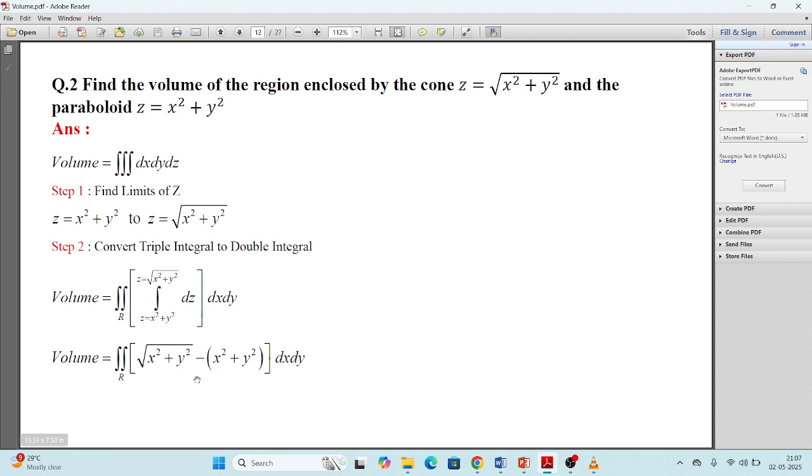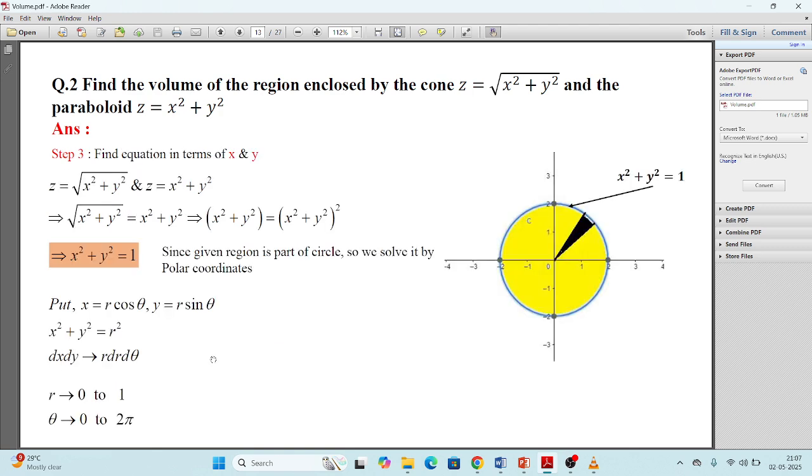Okay, integration with respect to z is evaluated, and then we are going to evaluate integration with respect to x and y. Now if you observe the question, there are two equations and both contain z. Means we want to take the intersection of these two equations to remove z. हमें z को remove करना है, तो इंटरसेक्शन लेने के लिए एक का वैल्यू आप दूसरे में पुट कर दो. ठीक है. Either here you can put under root of x square plus y square.